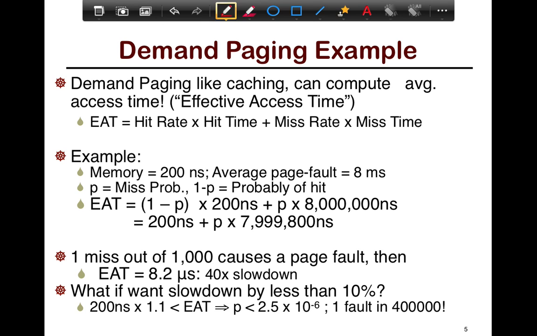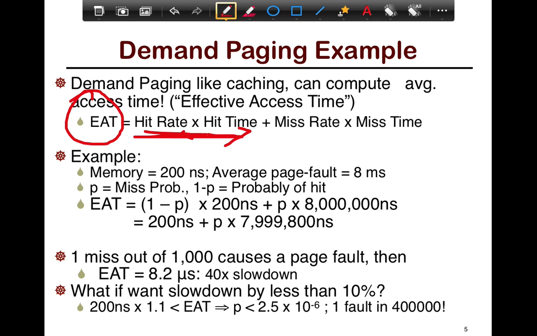Figuring out what is the most useless is very different from figuring out what's important. Okay. So demand paging, like caching, needs to compute the average access time. The average access time is a function of both the hit rate, how often you stay in memory and how much is memory latency,